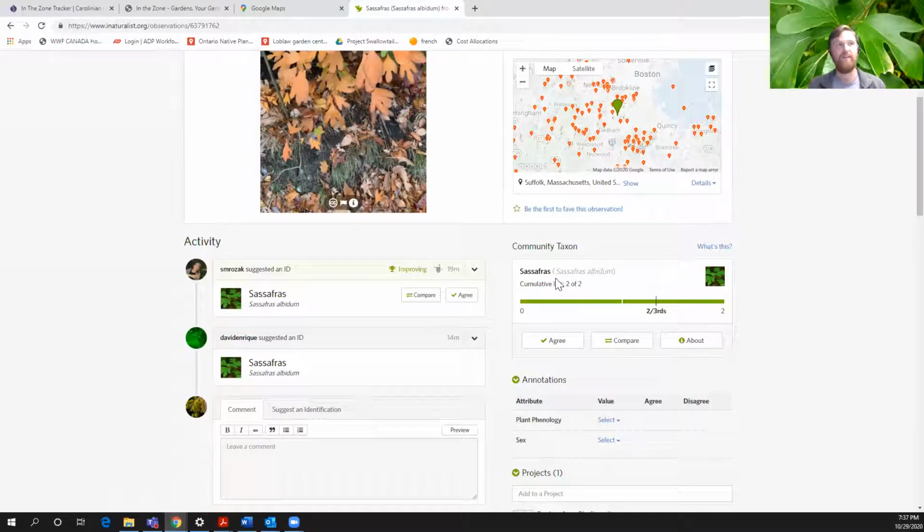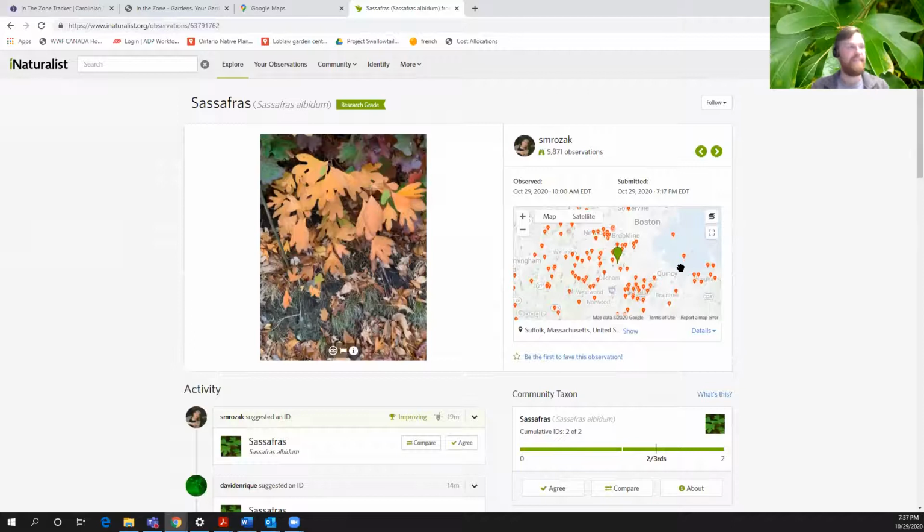And research grade means that scientists can go into this database, take those research grade observations out, and use that information to do academic research papers and publications, which is really, really cool. The other thing that is really cool about this is you have the option to license your photos.